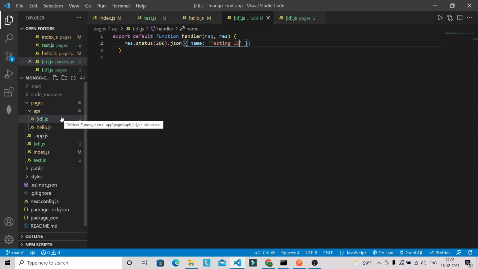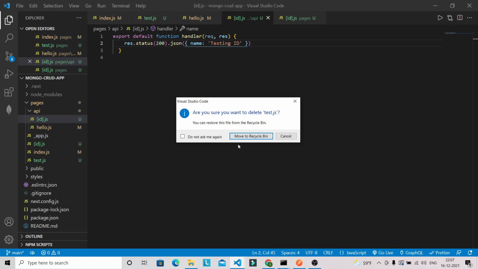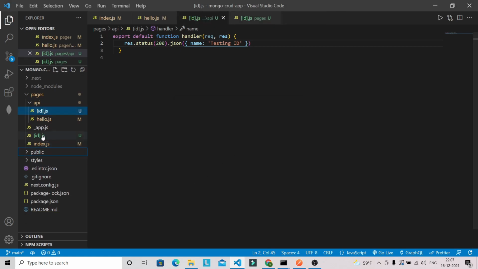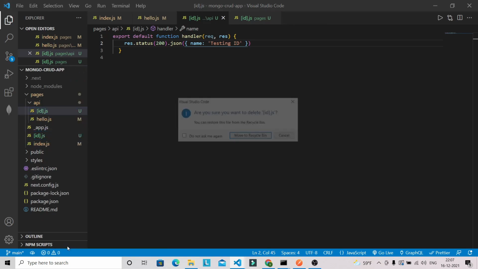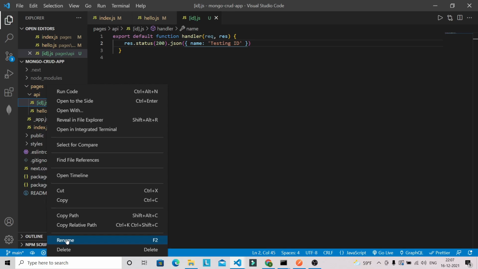In this project we will be performing operations like delete, update and getting a single task. All these operations we are going to perform based on the id, so we will be creating those endpoints like this way only. This is all about the basic overview of Next.js. All the files that I have created were just for demo purposes, so I'm going to delete all of them, as they are not required for this project. Let's remove this one, this one, and this one as well.